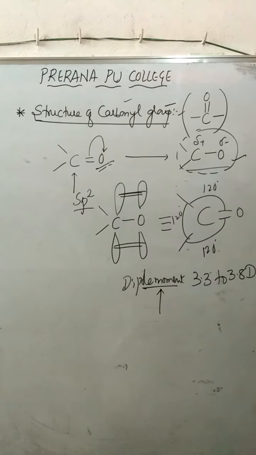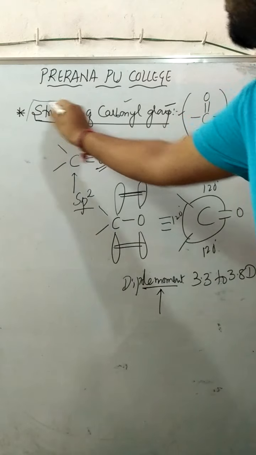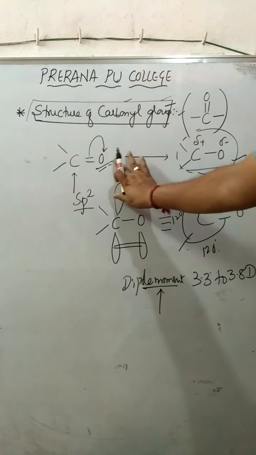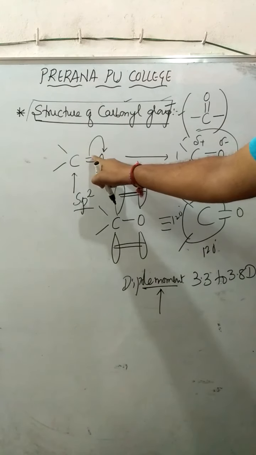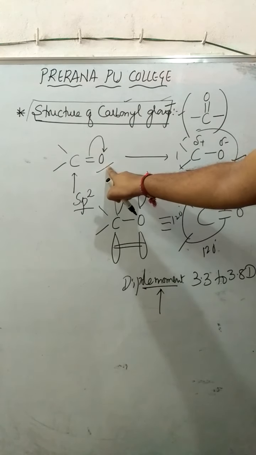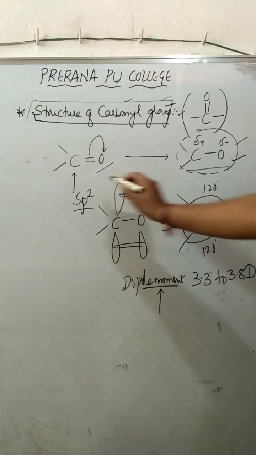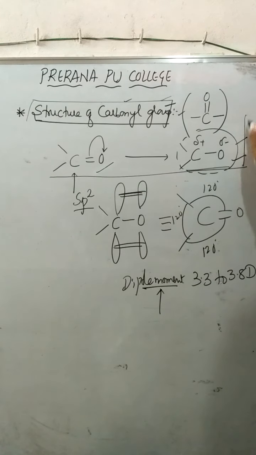You know the meaning of dipole moment: the product of the magnitude of the charges and the distance between them is referred to as dipole moment. So this is the overall explanation that has to be known when we study the structure of the carbonyl group. Due to the electronegative oxygen atom pulling the electron density towards itself, a polarity can be noticed in the carbonyl group. This representation helps in understanding the reactions of aldehydes as well as ketones.